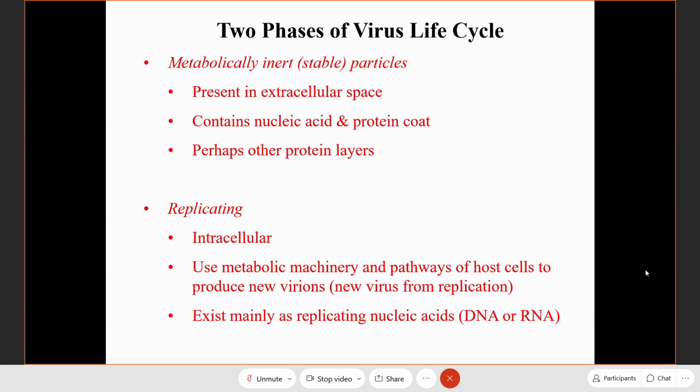Some of the virus complete the cycle within, let's say, 2 to 3 days. Some of the virus complete the cycle to produce new virus within weeks. It depends on the type of the virus. Pox virus take longer. Herpes virus, alpha herpes virus, within, let's say, 24 hours, they already complete one cycle. But gamma herpes virus, maybe 1 week. So it depends on the type of virus.